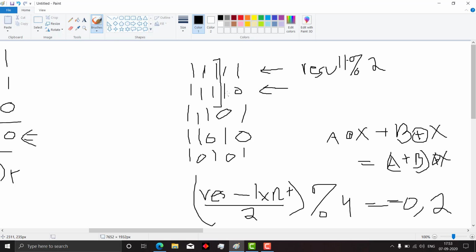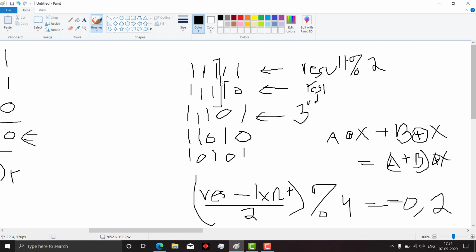Now for the third bit, we take this for the third bit, then we store this result somewhere as res1 or maybe prev, and then add both.